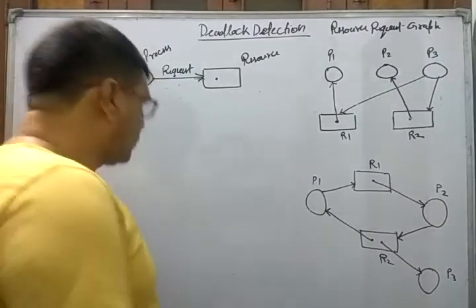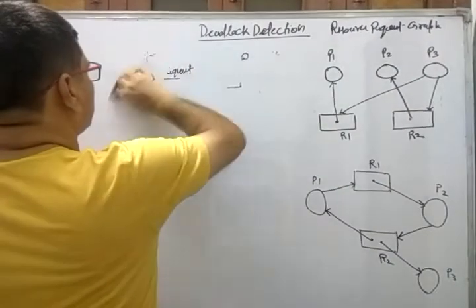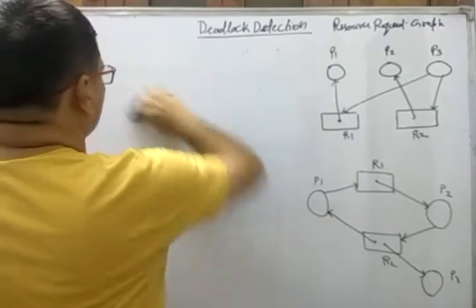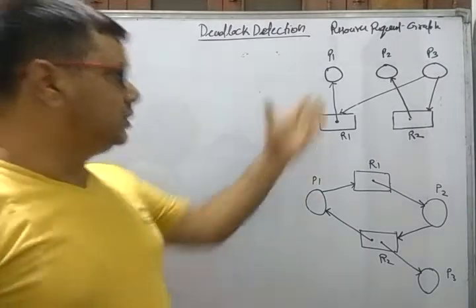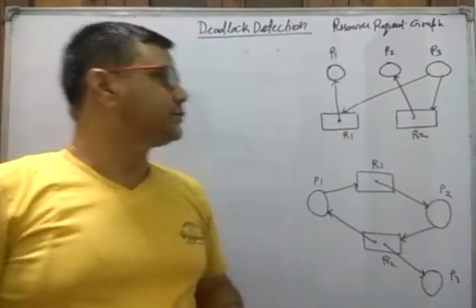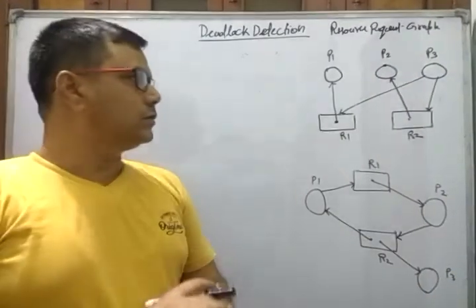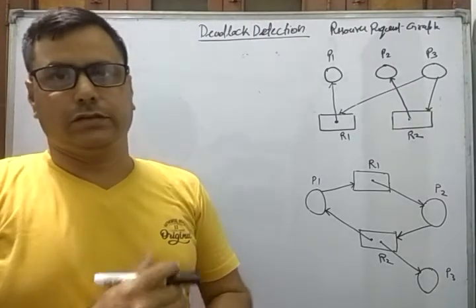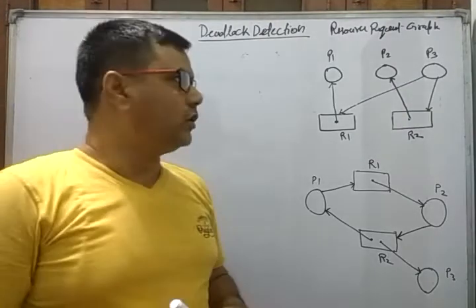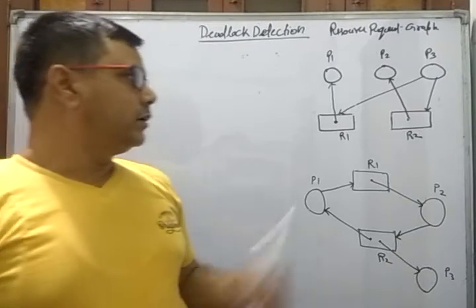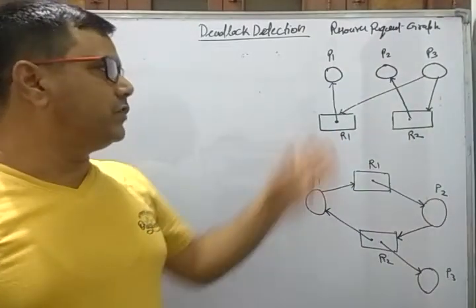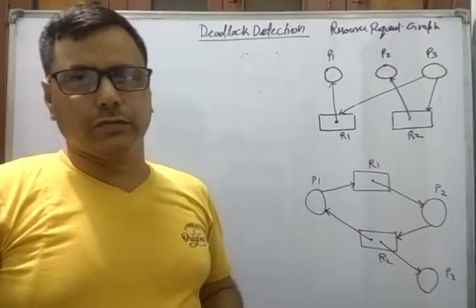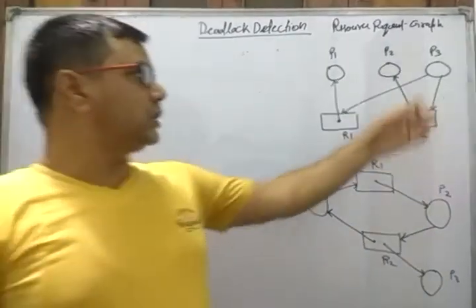Now we will try to understand whether these two graphs are in deadlock or not. First of all, we will just examine if there is any cycle or not. Here in this graph,